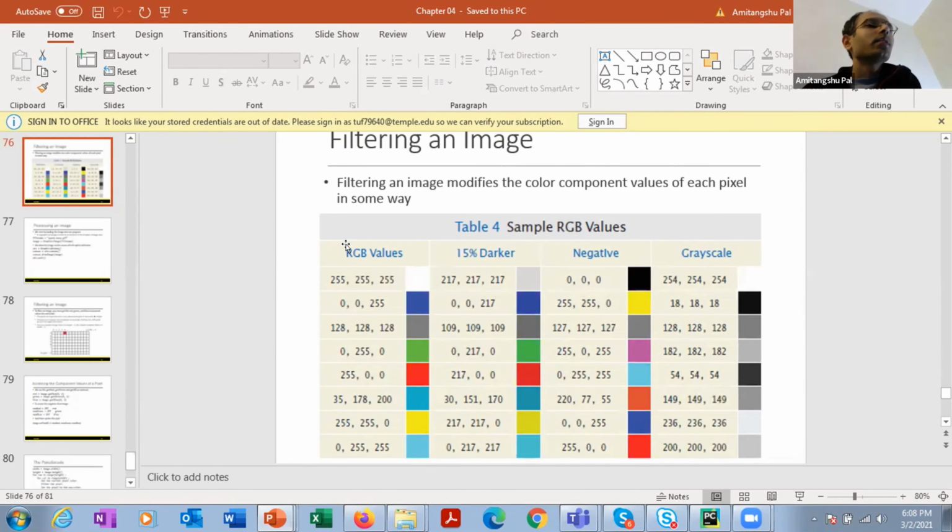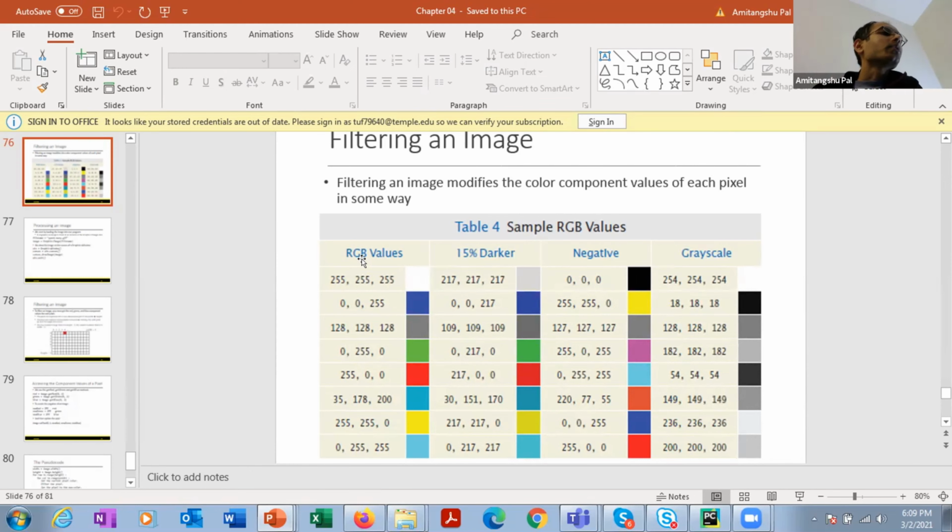Okay, so let's see how we will represent these three colors corresponding to any image. Typically these three colors are represented based on their intensity. The highest intensity is 255, lowest intensity is 0. These are called RGB codes, red, green, blue codes or RGB values.